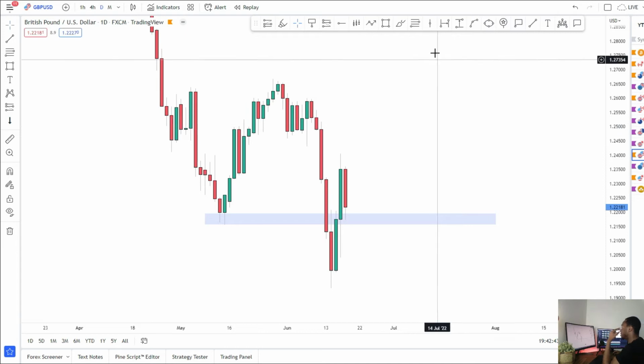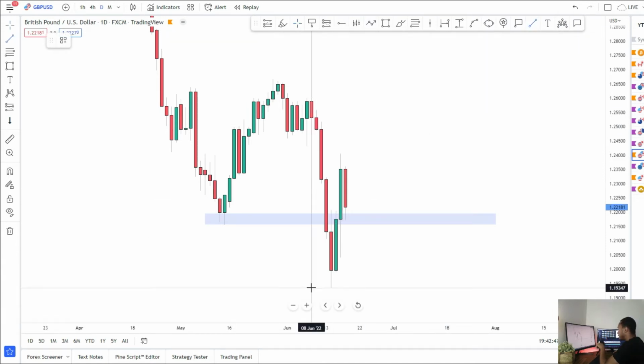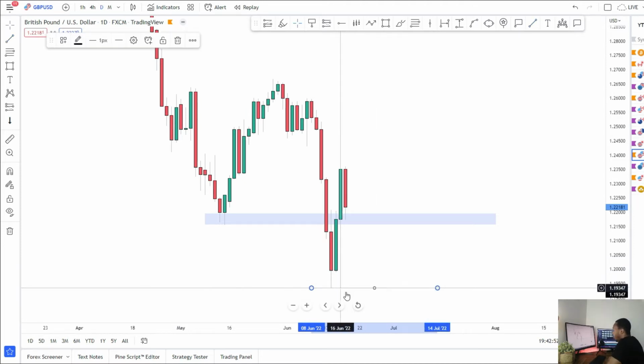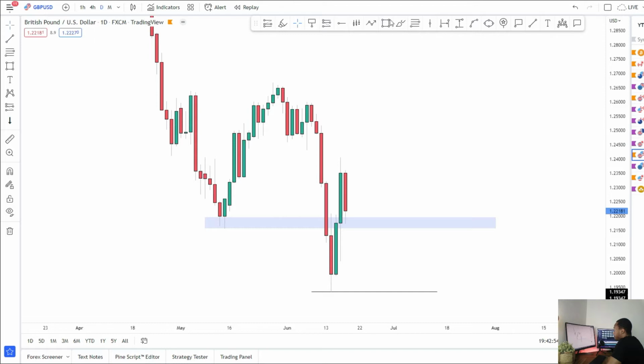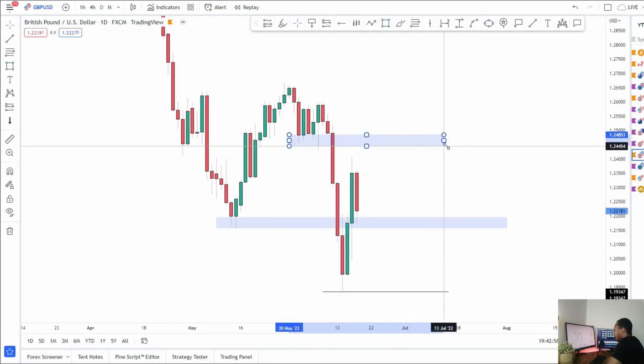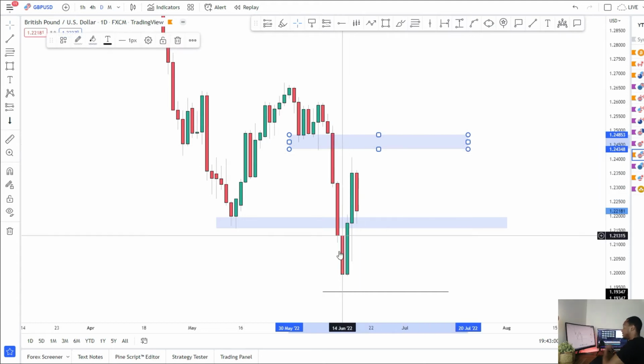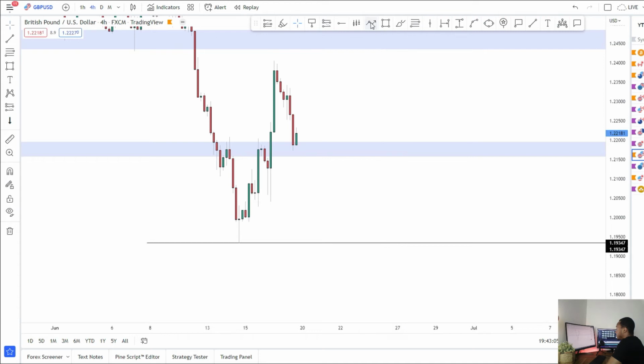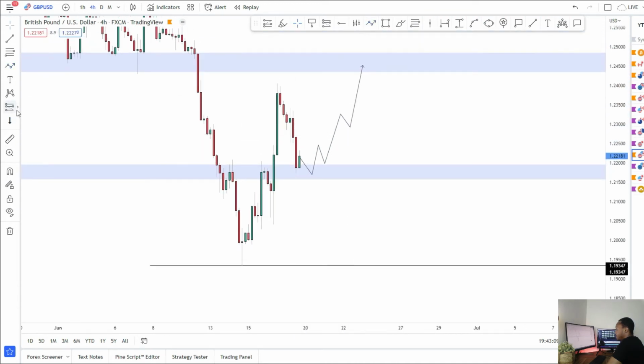But for next week anyway, this is my main area of focus, this level here, because for me, pound USD is going to do one or two things. It's going to break back beneath this level here and just continue with the bearish momentum from the higher time frames and come back into the lows here at 1.19, 300. Or if we can hold this, use that as support to come back and retest this area here, which was the level I was looking for the retest for pound this week, but we didn't quite get that to place some shorts in. So if we start holding this for another higher low, then we're looking for the buys to the upside there,